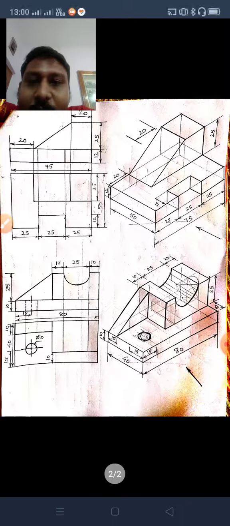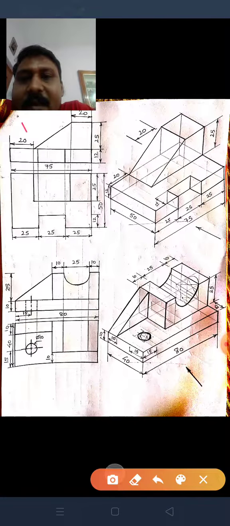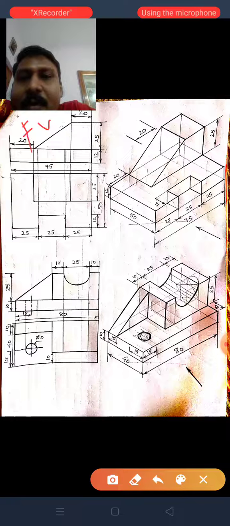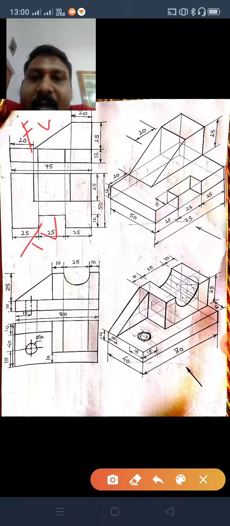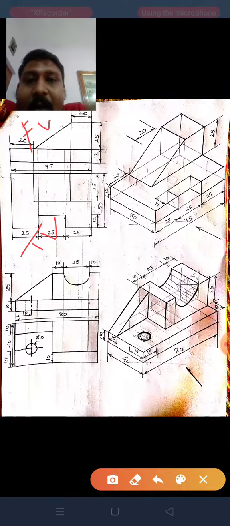Now moving forward to this question, again see this is the front view and this is the top view. It is given to you. Okay, these light lines we need not draw. Okay, these are just the projection lines. The things which I have drawn, which I have darkened, you have to draw only that much. Okay, so this diagram is given to you.